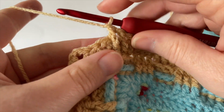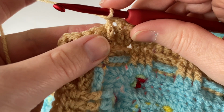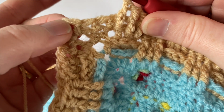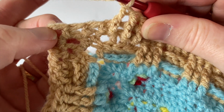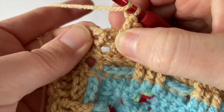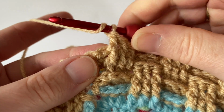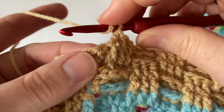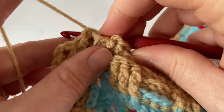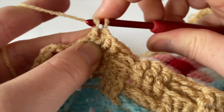And so now, looking at the pattern, we still have this extra set of stitches to crochet around, which will bring us then to the very end of the side. So looking at the pattern, it's 1 raised treble back around each of the next 3 stitches. But remember, these 3 stitches, again, these are our half treble stitches, so they're just a little bit shorter, a little bit more dumpier really, and you can't see them as clearly, but they are there. So yarn over hook, insert your hook from the back to the front, round to the back again, around those half treble stitches. Got 1,